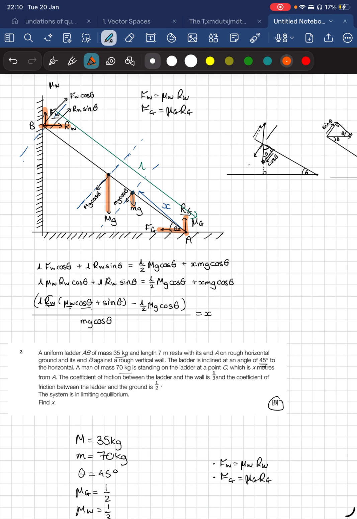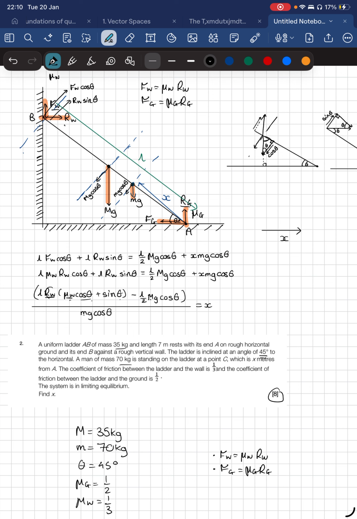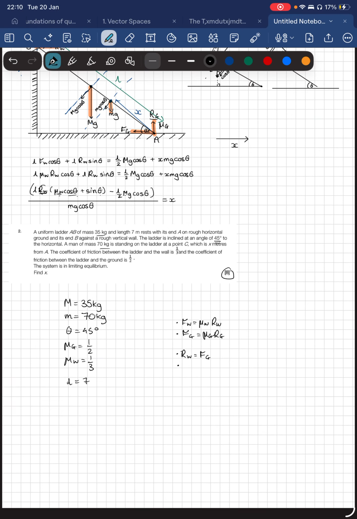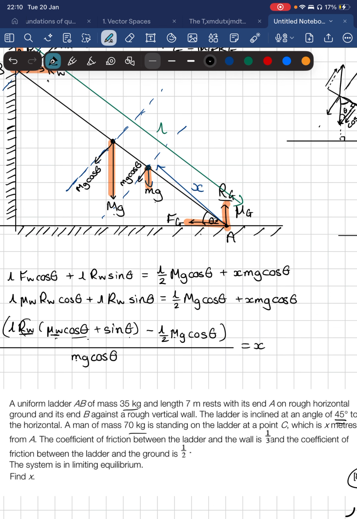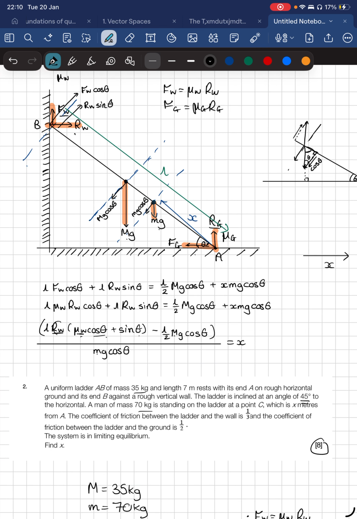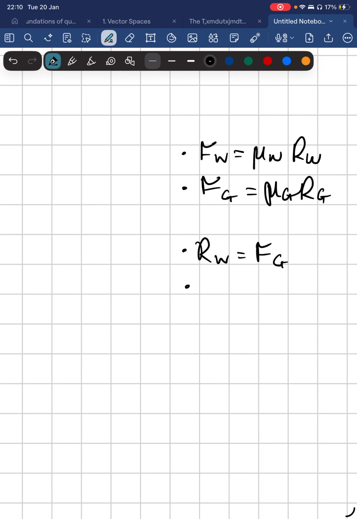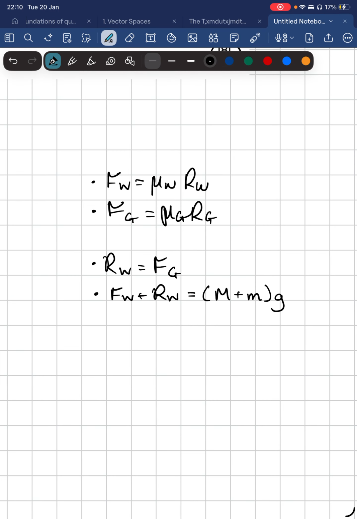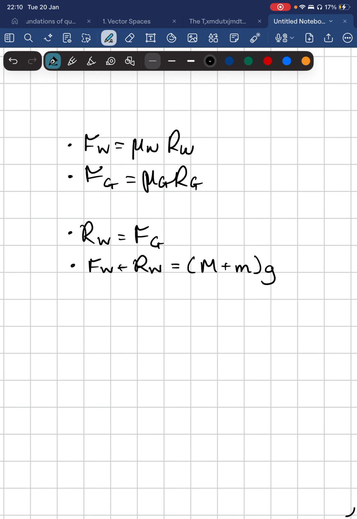So clearly, if we consider resolving now along what we might traditionally call the X direction, we should have the RW and FG must be equal because it's not moving. So we have RW is equal to FG, that's our third equation. And finally, let's resolve along the vertical direction. So we must have this plus this is equal to RG plus FW, the two downs and the 2 ups. So we have FW plus RG is equal to big M plus little m G. And again, I'm going to do everything just abstractly with no numbers put in because I think that makes it easier and prettier. Okay, so now